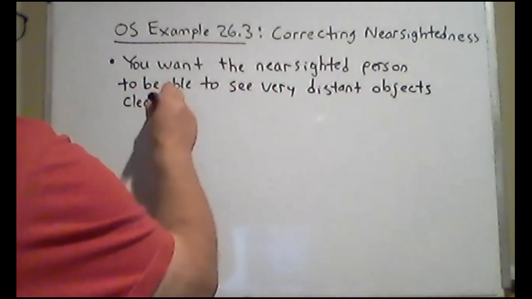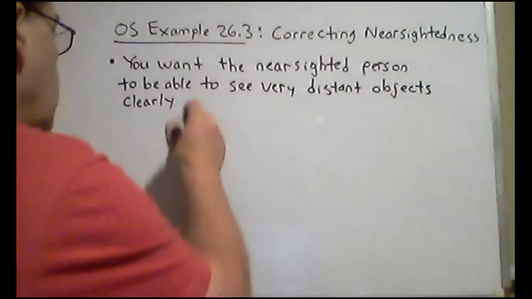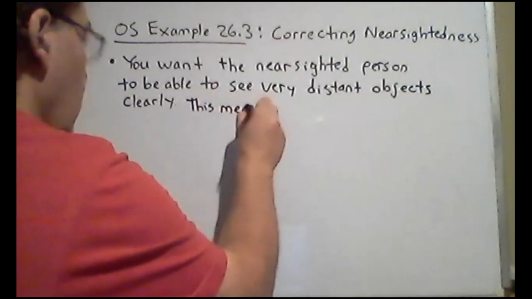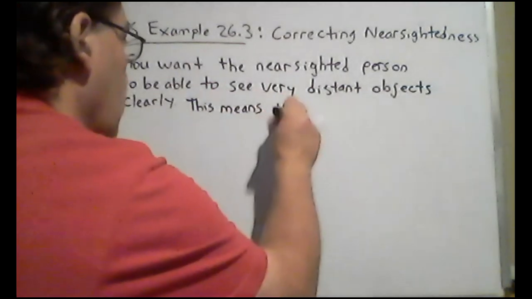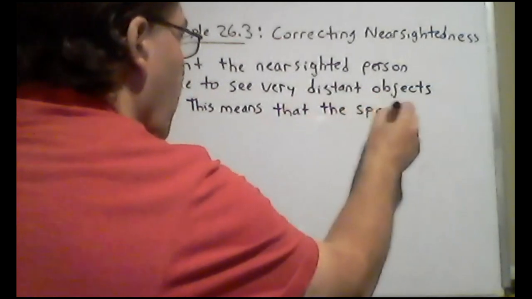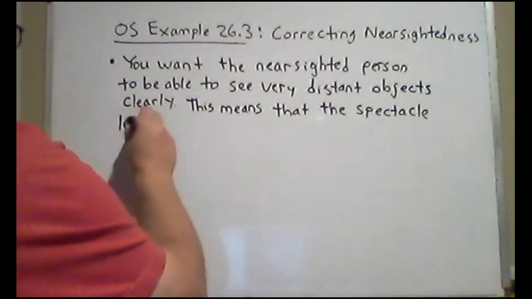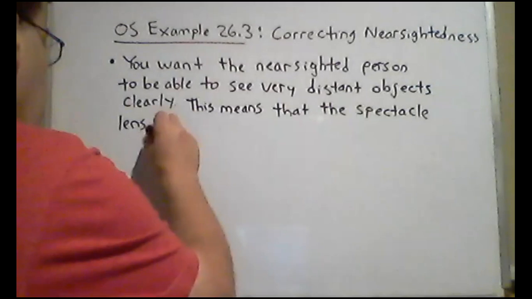Sounds obvious. And so this means that the spectacle lens must produce an image